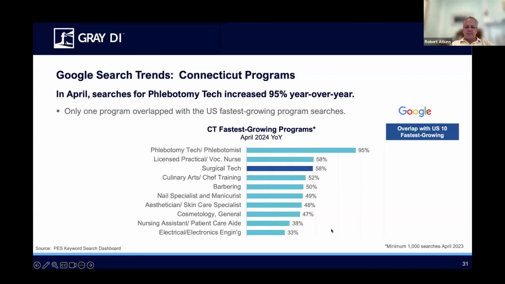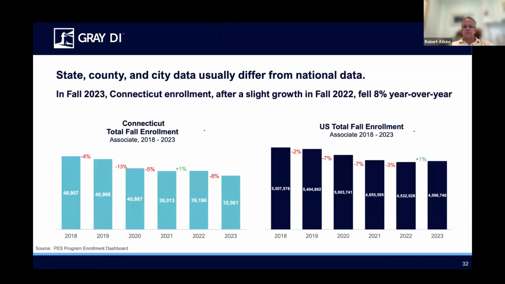But Connecticut's actually a pretty heavy manufacturing state for high-end electronics. Think of helicopters. The largest helicopter company in the world, Pratt & Whitney, is based in the Hartford area. So there's a pretty substantial electronics engineering requirement there. But again, the main point is you need local data because your state, your local market can be very different from the national averages or even from your state as a whole.